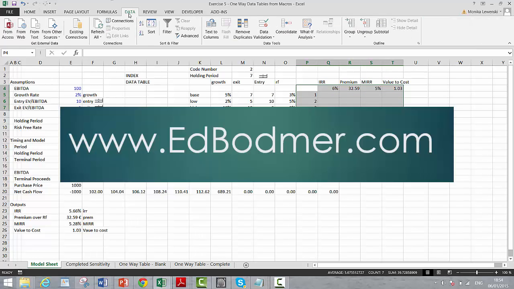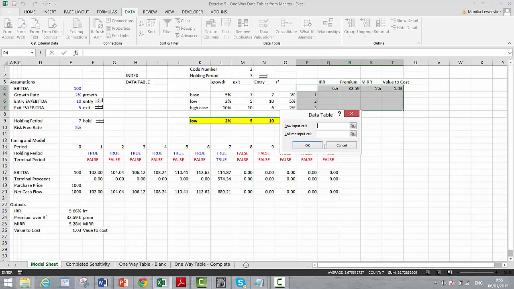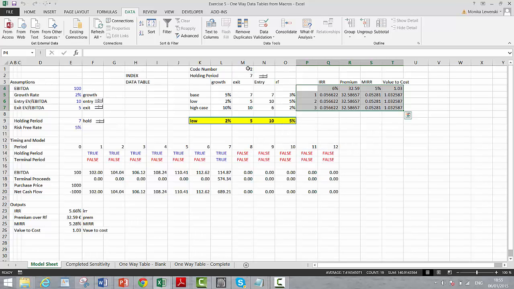And you go to data, and then what if analysis, and a data table. And this time, since a one-way data, you leave this blank. That's the horrible thing about a one-way data table. And this thing is the code number, which essentially just changes the scenario from code number 1 to code number 2 to code number 3. Okay, and they came out without a